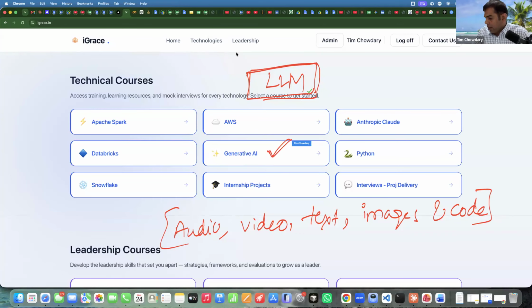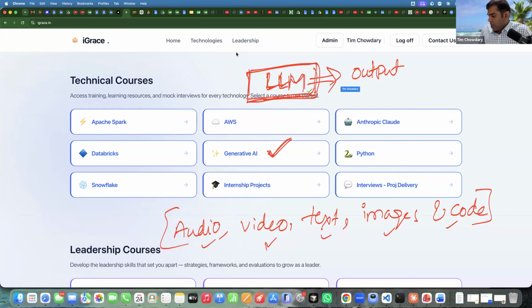So generative AI is a class of artificial intelligence models, right? Depending on the volume of the training data, it can be called large language models or small language models, or open-ended models or closed-ended models. We'll go a little deeper into what is open-ended and closed-ended in subsequent classes. But for now, let's assume this is a black box for us. It has some software program inside, which is intelligent enough, and it can generate output in the form of audio, video, text, images, and code.